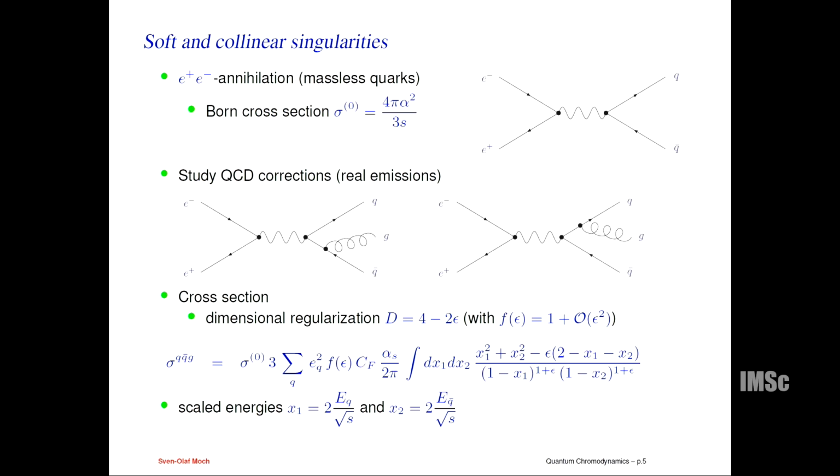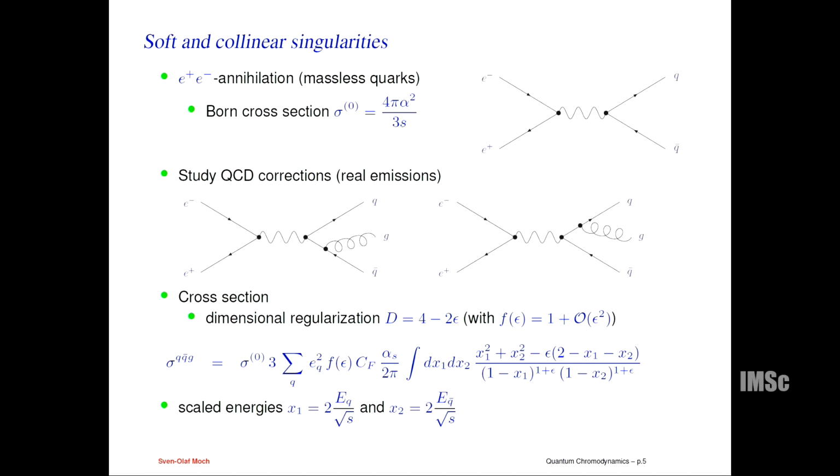But since it's an important process to illustrate a few key concepts, I'll walk you through it again in a slightly different notation. I would like to consider those amplitudes in dimensional regularization. So I work in 4 minus 2 epsilon dimensions, and I write down the two diagrams, with a gluon emission from the qbar line and a gluon emission from the q line. I add them up, square them, evaluate the squared matrix element, and do the phase space integration.